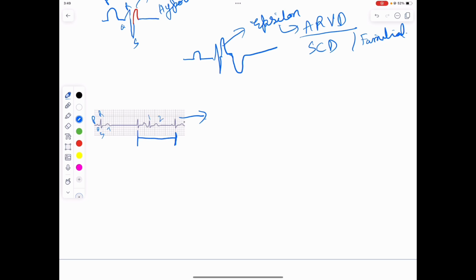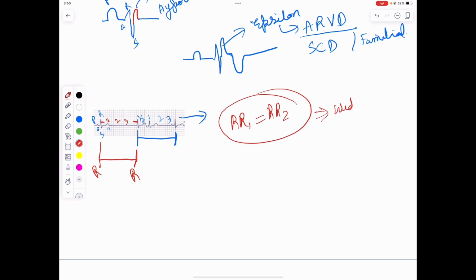Now the RR interval is 1 square, 2 squares fully, and 3 squares, and then here greater than half a square. So here we will take half. Now what is the interval here? We will calculate the RR interval here. Now here the RR interval is 1, 2, 3. Now if we take a little bit of this and a little bit of this, so that becomes RR1 equal to RR2. So we sorted that it is some wider QRS complex disease,